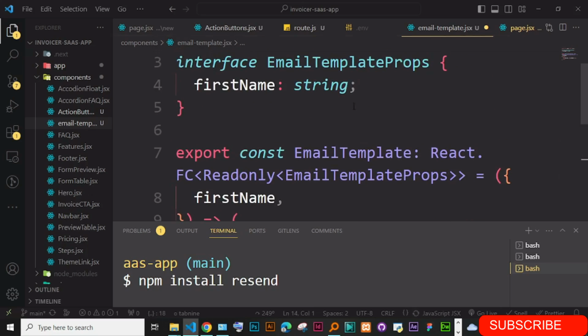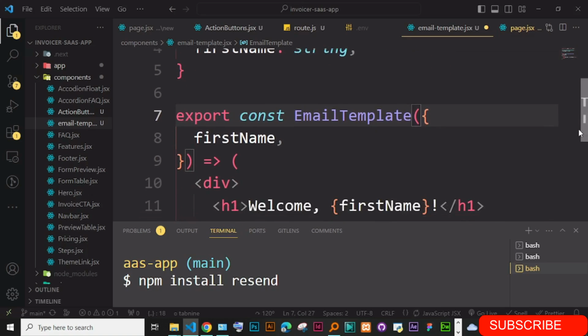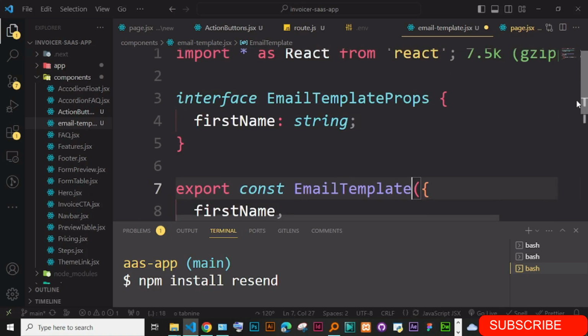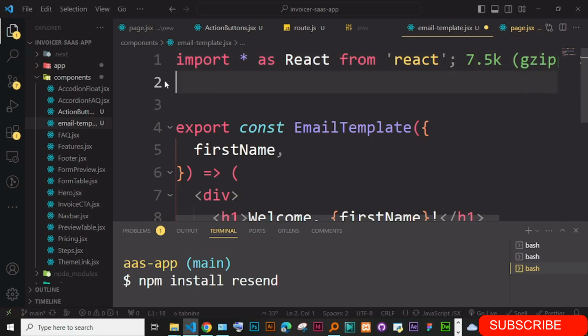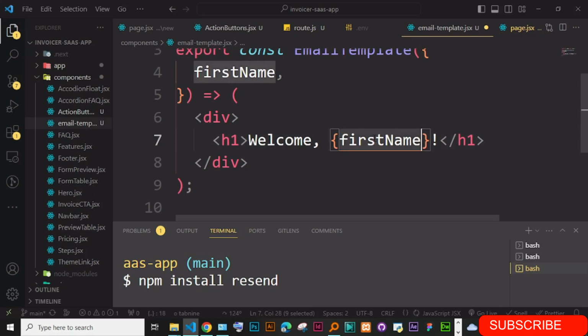Okay, we do not need const, this whole thing. So this export const email template, and then they are giving the types here. We do not need this. Okay, and also I'm just going to change it a bit, but remove this interface. This is for TypeScript. Okay, and also this React, we can just first leave it there, and then they have this prop they are